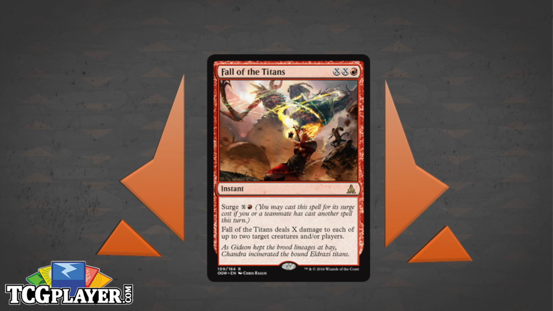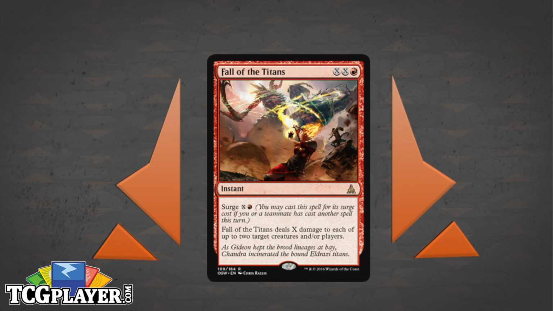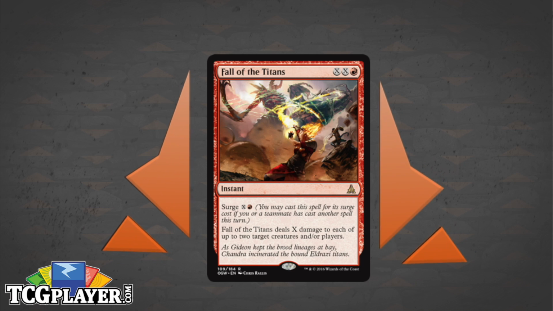Yeah. Surge is just a huge drawback to mana sinks, and this is a mana sink, so it's kind of too big a drawback to bear. Agreed. All right, so that leaves us with...